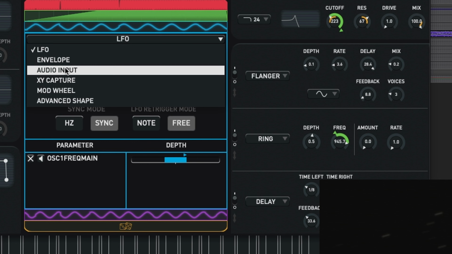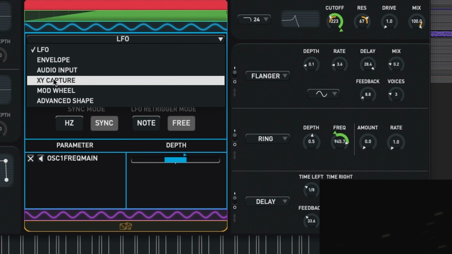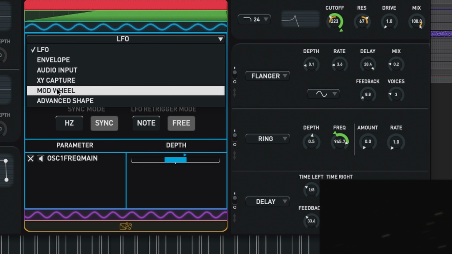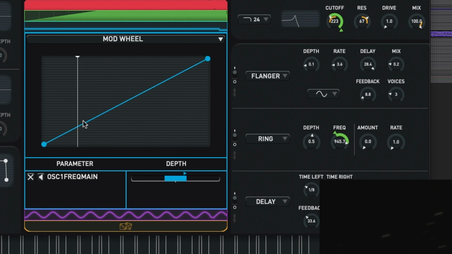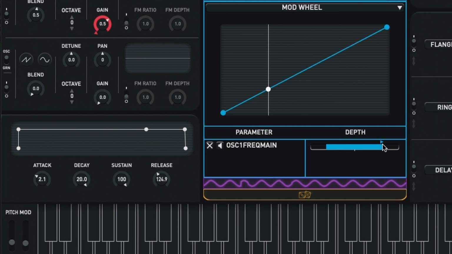We can have it follow an envelope. We can have it with an audio input, meaning just like Reformer, I could perform it with vocals from my mic or some other audio source. We could do an XY capture where we do moves with the XY and it plays those back, kind of like automation. Or we could control with the mod wheel on our MIDI controller, which is what I'm going to do in this case, so that when I move my mod wheel,